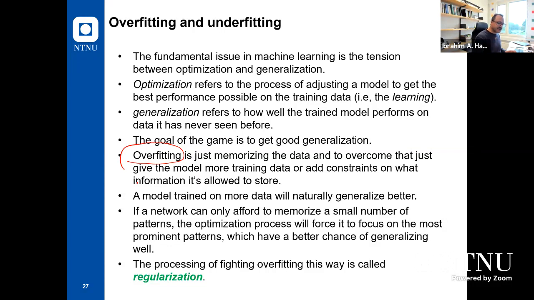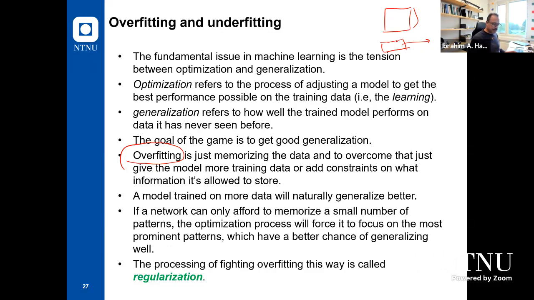Generalization is very important, and it refers to how well the trained model performs on data that it has never seen before. In machine learning, we divide the data into one set for training and one set for testing, for example. The one for testing, we call it hold out. We keep it away for testing the system. And it's important because from the accuracy of training and accuracy of testing, we can decide if the system can